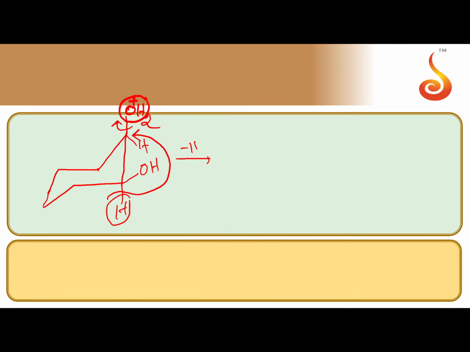H2O is eliminated. So after the elimination of H2O, the carbon which is holding OH gets a positive charge. Because of the conjugation between the lone pair of the oxygen and the positive charge, it is stable. So at this carbon, two hydrogens are present. After the formation of the stable carbocation, since the carbon is having only 6 electrons, it can attract the OH bond pair.